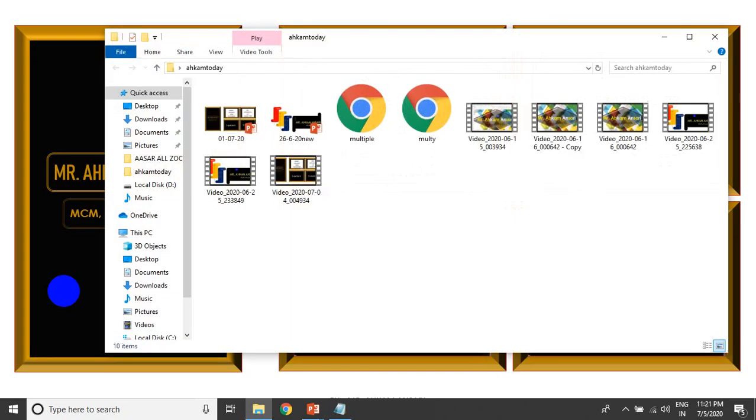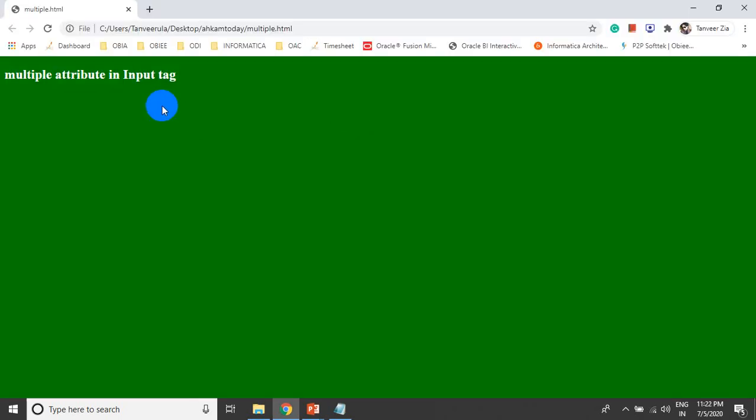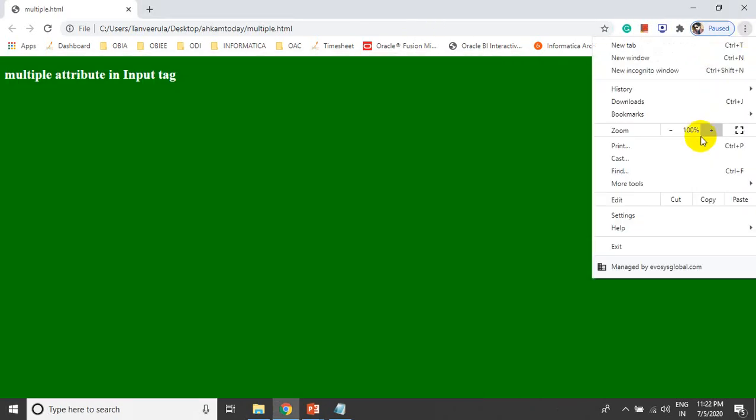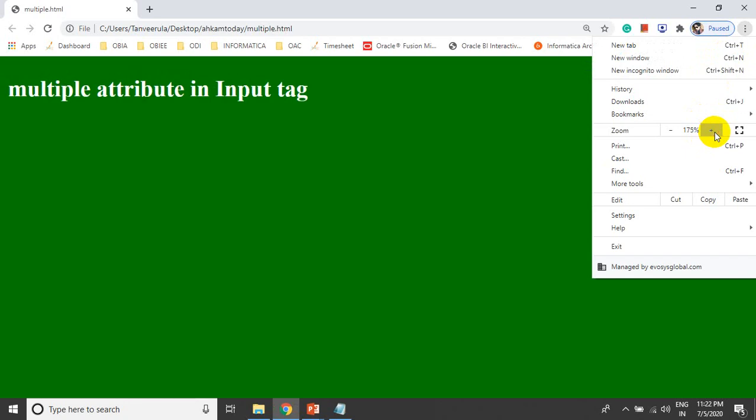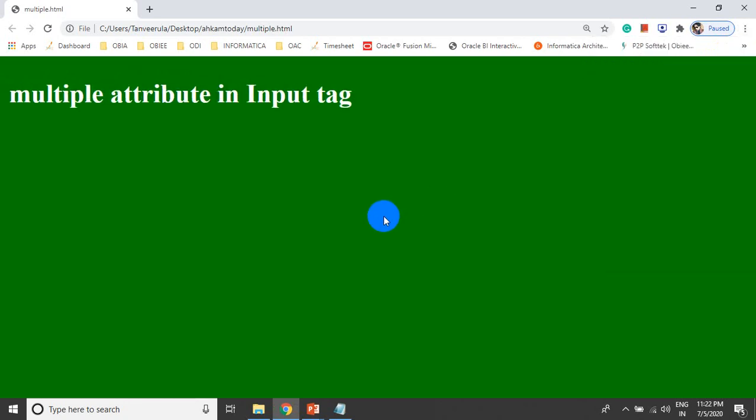This is account today and this is multiple. Double click it. So this is our output, multiple attribute in input tag. I just want to zoom in so you get a clear picture.